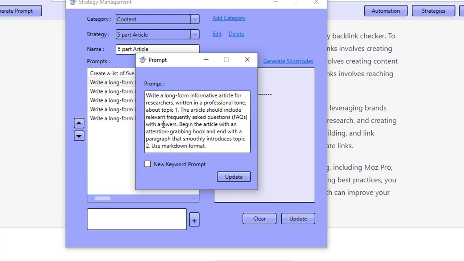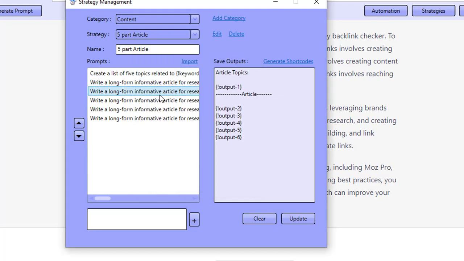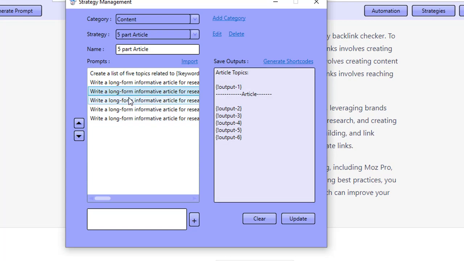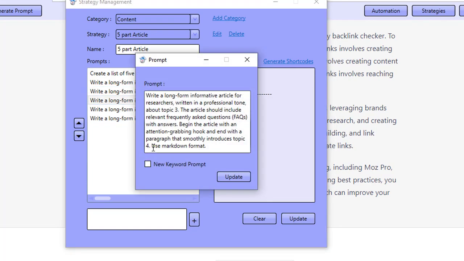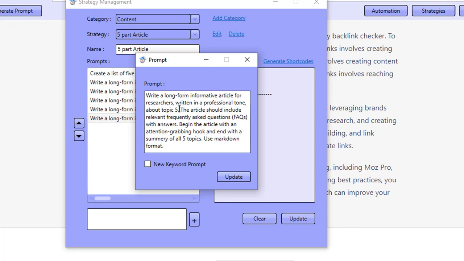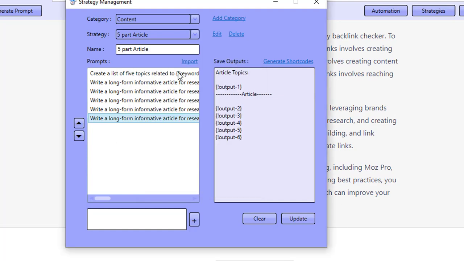Okay, the article should include relevant frequently asked questions with answers, begin the article with an attention-grabbing hook, and end with a paragraph that smoothly introduces topic number 2. Okay, and then on prompt number 3, I've got write about topic 2 and introduce topic 3. Okay, and in the fourth one I've got write about topic 3, introduce topic 4. In the fifth one I've got write about topic 4, introduce topic 5, and in the final one I've got write about topic 5 and then create a summary of all 5 topics. Okay, and I'm asking it to do all of this using markdown